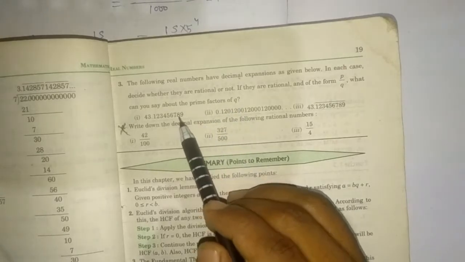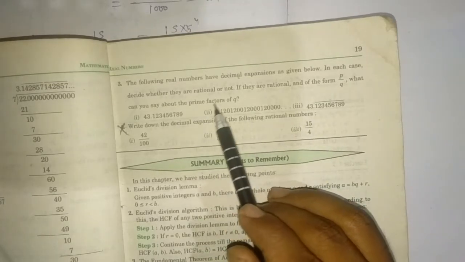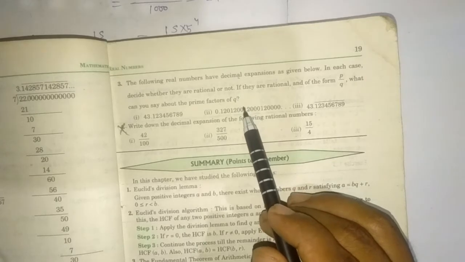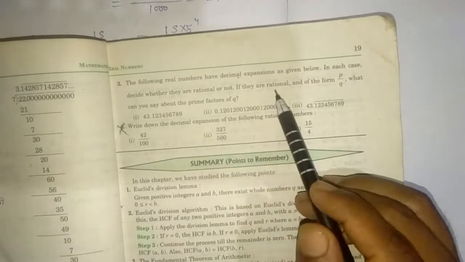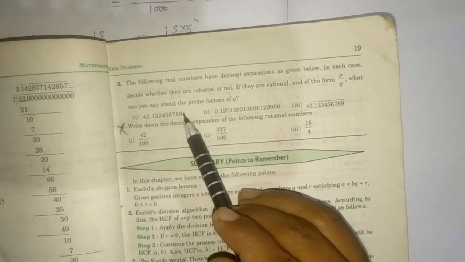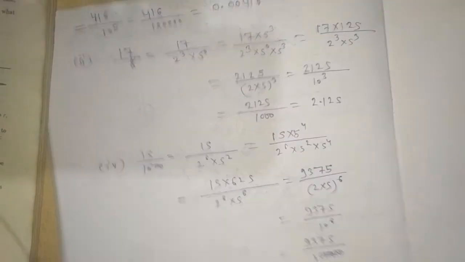We have to find out whether these three decimal expansions are of a rational number or an irrational number. If they are rational and of the form p upon q, what can you say about the prime factors of q? Okay, so our first question is